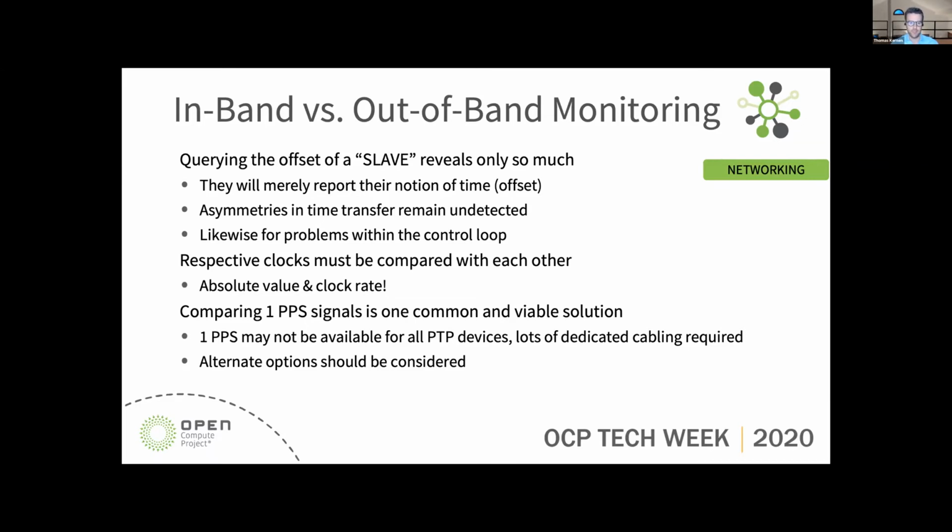So you really need to be able to compare the clocks with one another, both from an absolute value and a clock rate perspective. The typical model for doing that is using a 1 pulse per second signal, and that's the, let's say, de facto way of measuring. So you compare that with the source coming from the master, and in the lab, that's great, and you can do it,